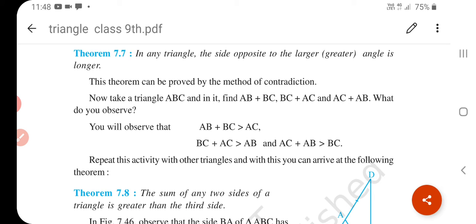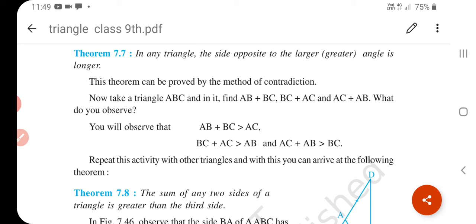A triangle is an isosceles triangle if and only if any two of its altitudes are equal. Understand. If the bisector of a vertical angle of a triangle bisects the base, then the triangle is an isosceles triangle. Understand. The medians of an equilateral triangle are equal. If two sides of a triangle are unequal, then the longer side has the greater angle opposite to it.